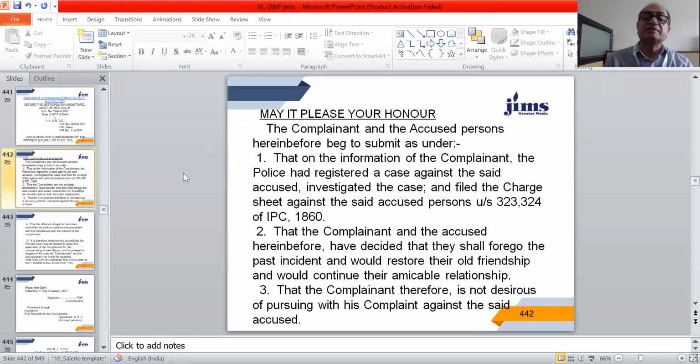The beginning may be done like this. May it please your honor, the complainant and the accused persons herein before beg to submit as under. Para 1, that on the information of the complainant, the police had registered a case against the said accused persons. Police investigated the case and filed the charge sheet against the said accused persons under section 323, 324 of IPC 1860. Para 2, that the complainant and the accused herein before have decided that they shall forego the past incident